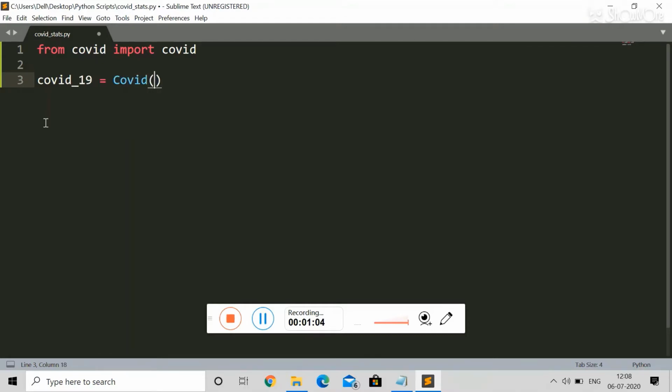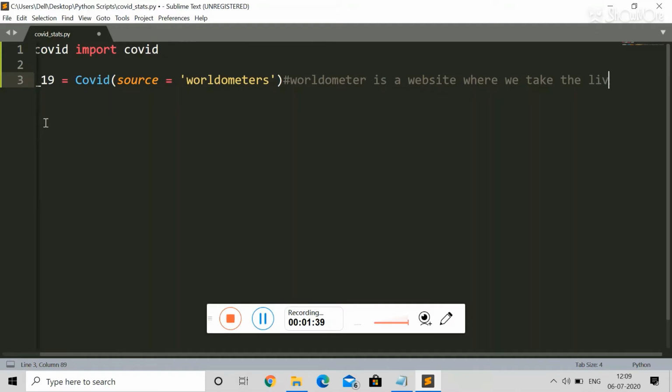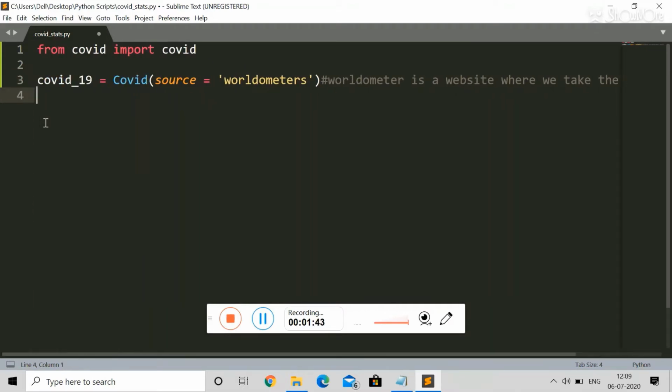Create COVID-19 as a class variable and put the data source as Worldometer's website. Worldometer is a website where we get live COVID statistics for our Python script. Next, create a variable named data to store all the data stats as a